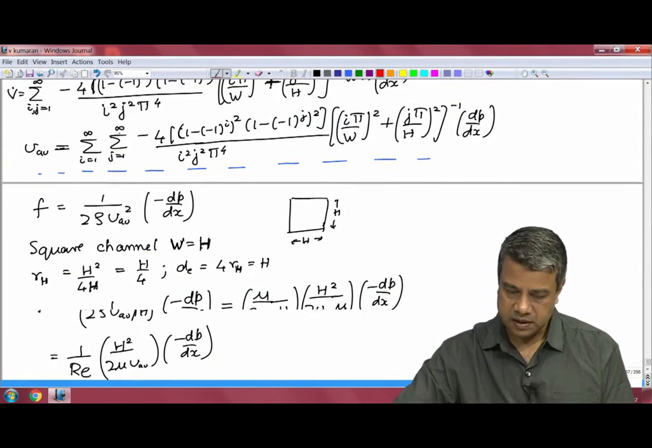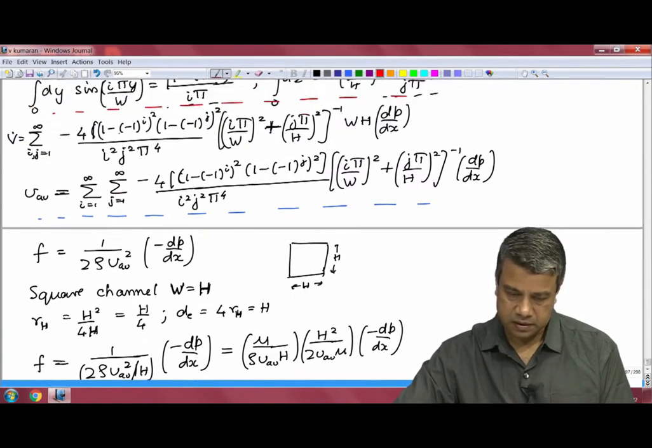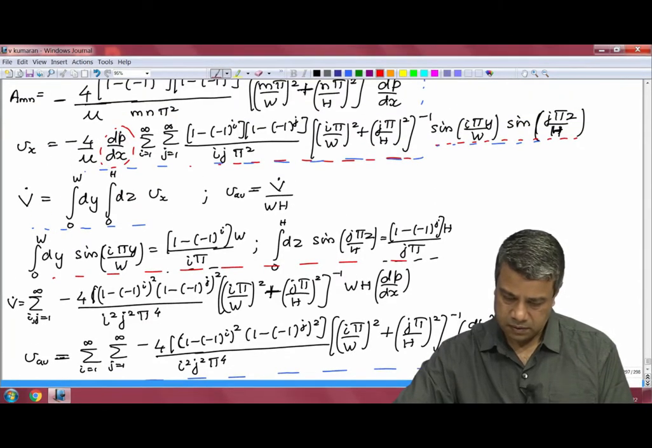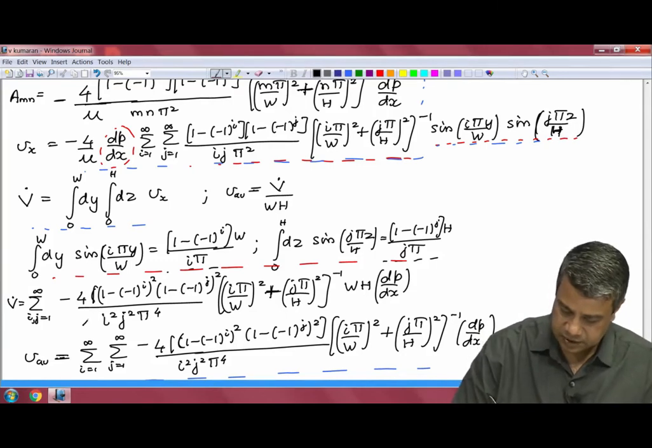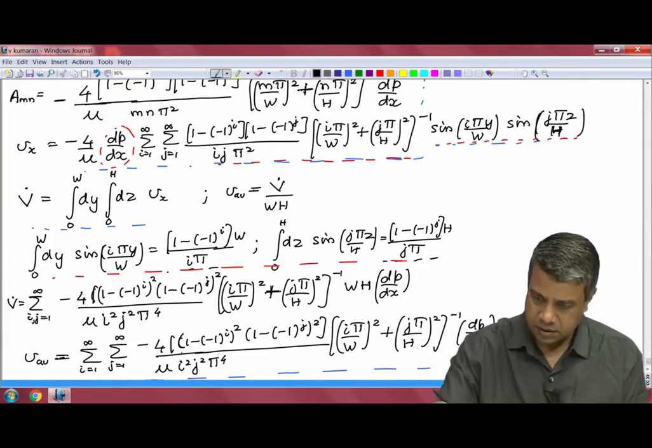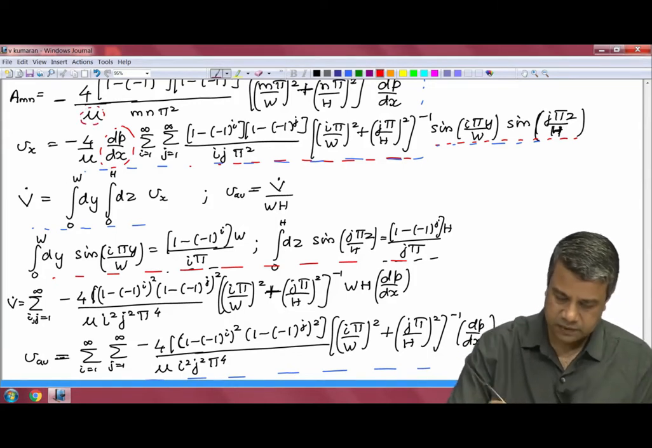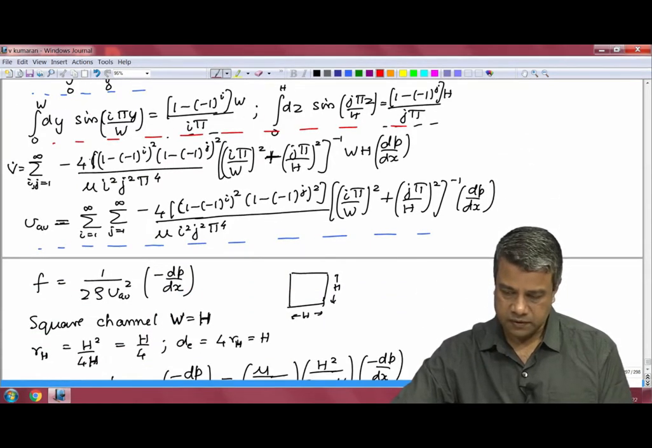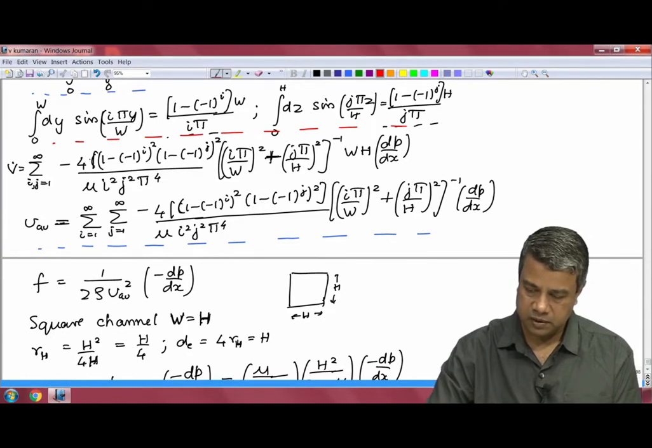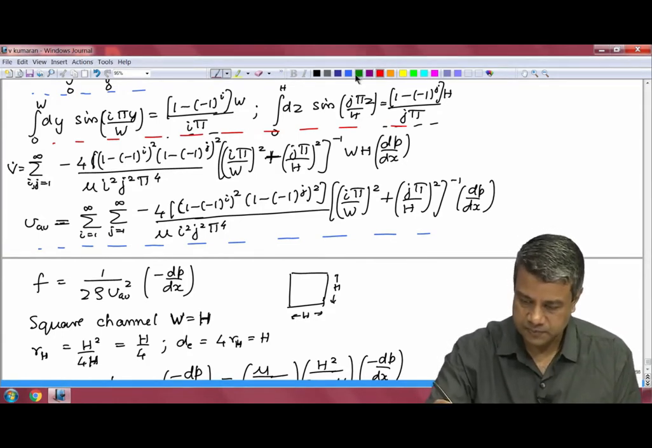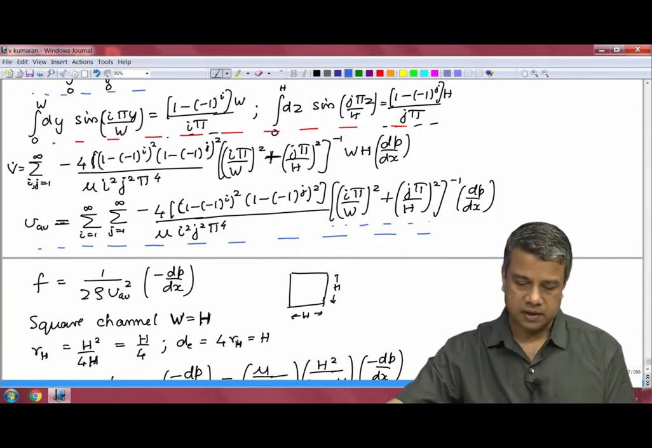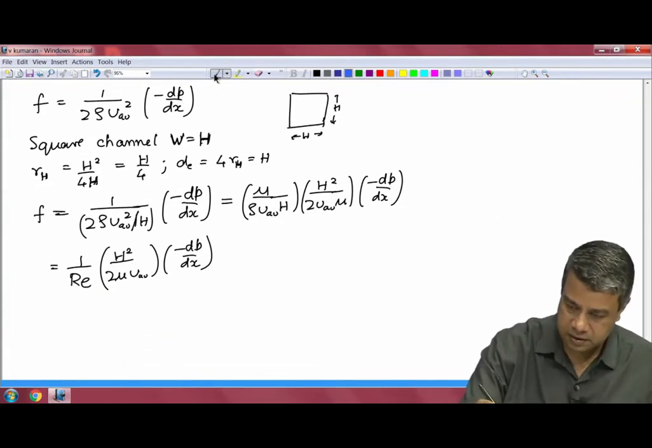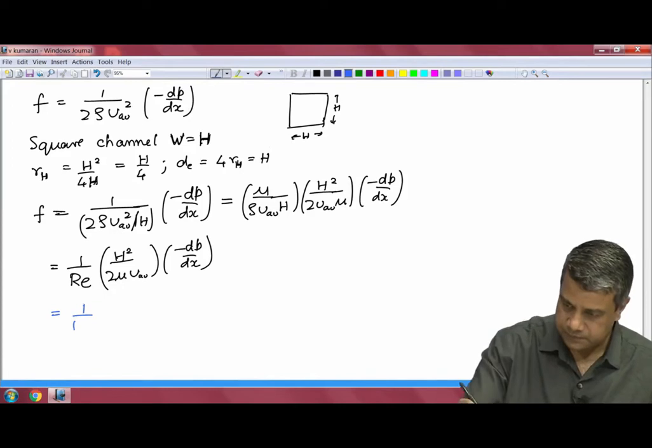So, as you can see, there is a factor of viscosity there, arising from this term here. So, I left out the dP by dx and the mu. So, the velocity is proportional to dP by dx divided by mu times this h square here. In this particular case, you will get a factor of h square over here. So, that will cancel out, and ultimately you will get f is equal to 1 over Re